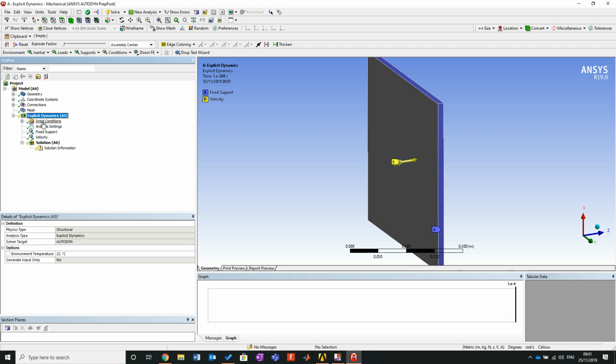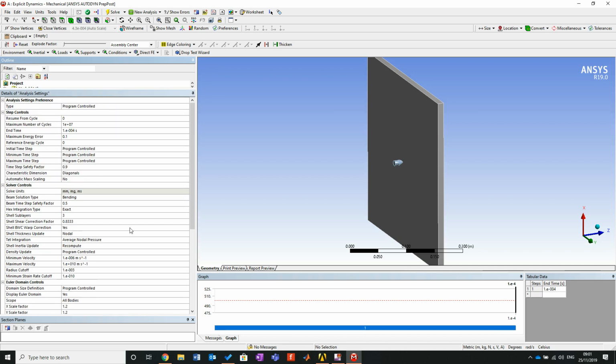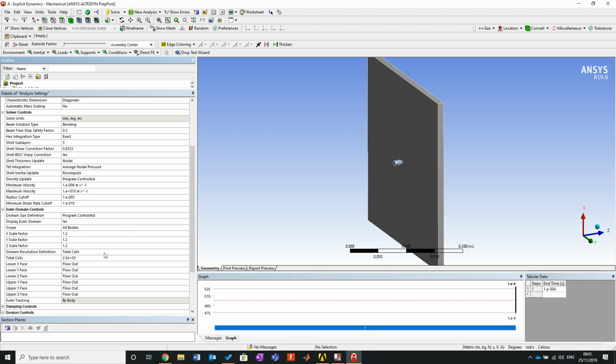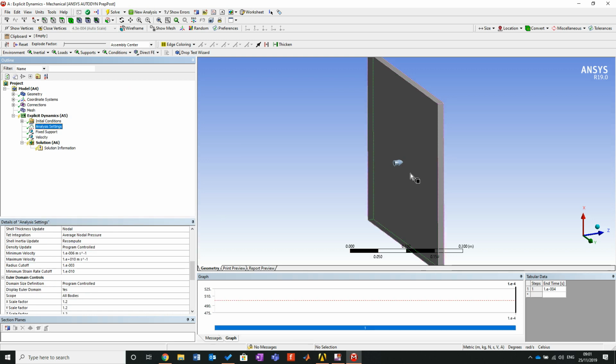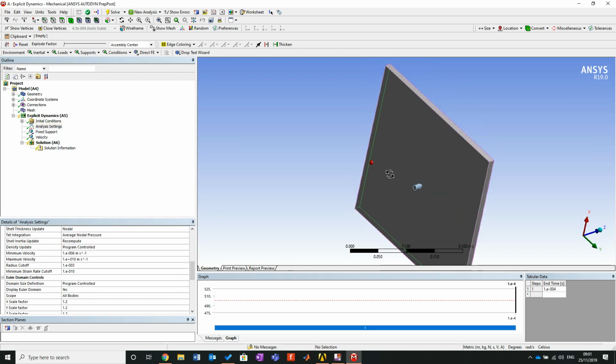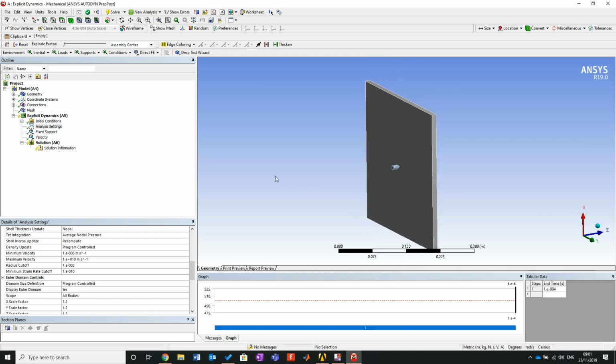One thing I'd like to emphasize, right? Analysis settings. Let's scroll this up. There is a special tool going on in the background. See erosion controls. On geometric strain limits, yes. What it actually means is when the material hits its ultimate strain, it will erode, it will fail, it will snap, it will give us that all-important damage, all-important debris. So, it's just for your knowledge, really. You don't need to concern yourself with that. Meshing is going to be incredibly important as we move forwards, but for that, that's fine. So I'm going to solve,